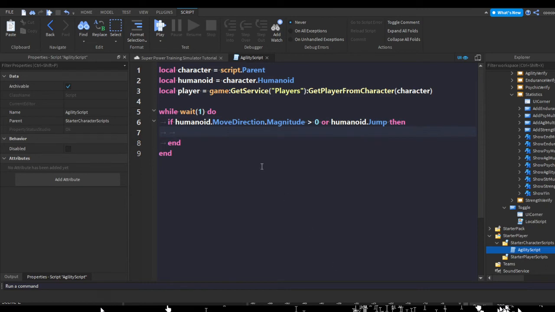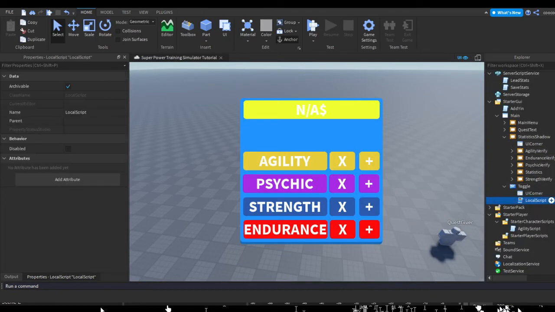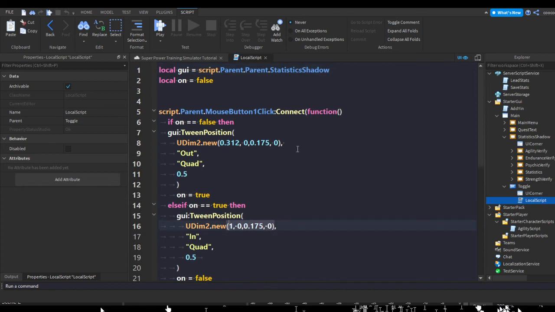Now here's pretty simple. Game or the player.Agility. Oh, I can't spell. Agility. You can do player.Agility.Value plus equals 1, and then obviously times player.AglMulti.Value. So now we should have our basic script done. Now we can hide our statistics shadow,